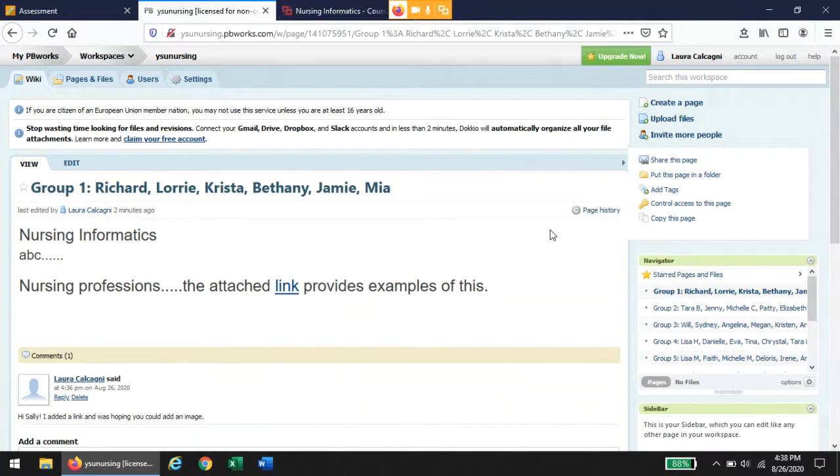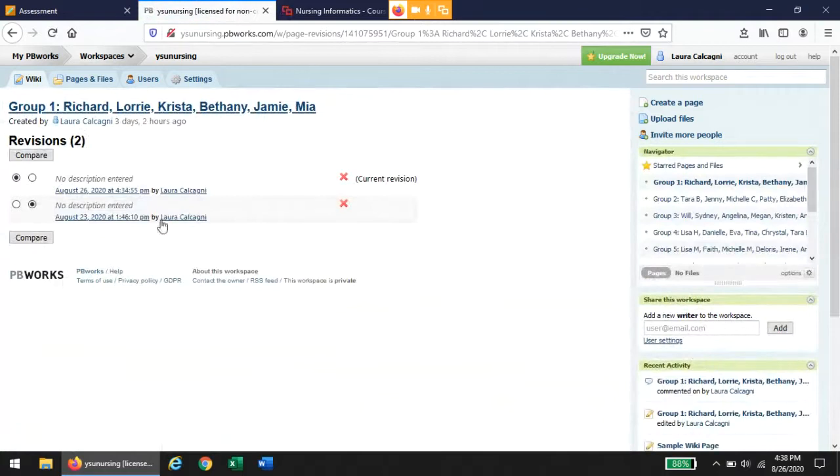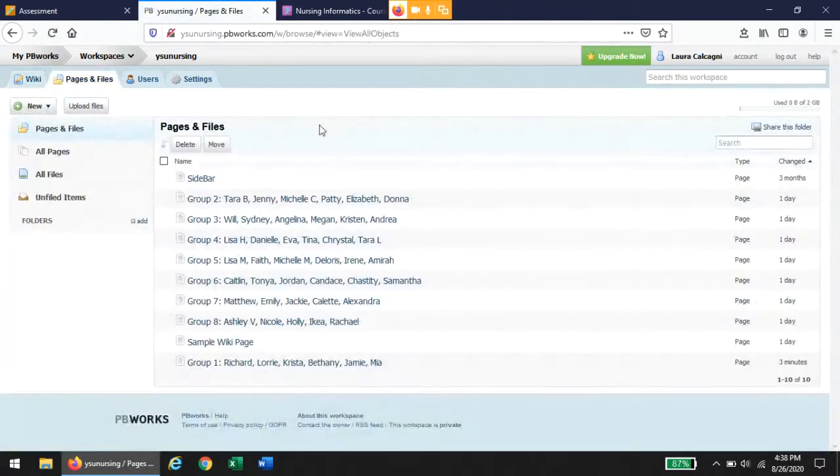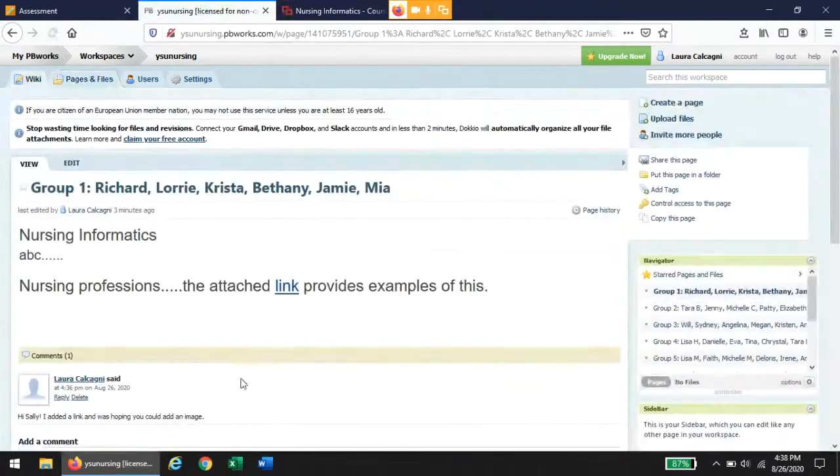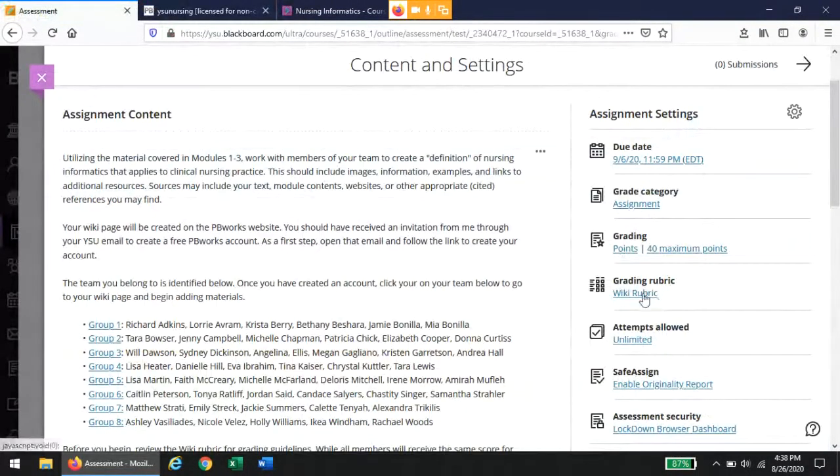So what happens is when you guys are done with this, I can come into the page history and I can look back from one session to the next session and see what changes were done. And that's how I'm going to be able to grade your level of participation. All right, so if you look at the grading rubric, which you must look at for this assignment, you are going to see